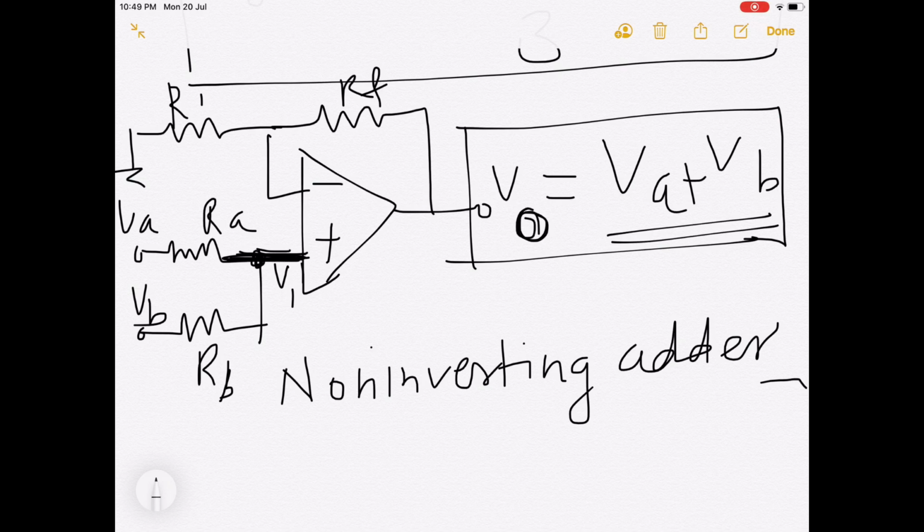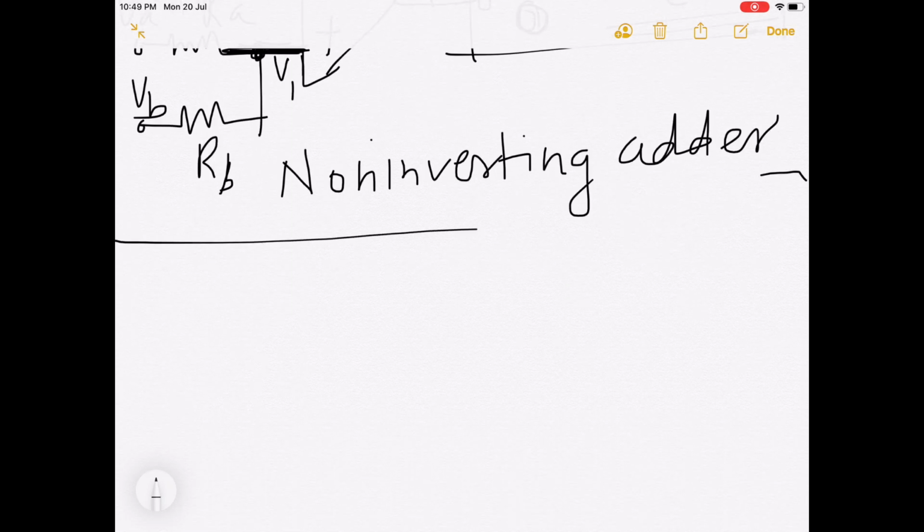But many times they will give you values of output voltage, gain of the circuit, and you have to design this adder circuit. So in designing, as I told you, you have to calculate R1 value, RA, RB and RF value, okay. So for that designing, we will take one example. Suppose VA is equal to plus 2 volts,